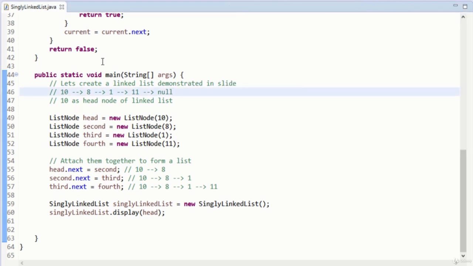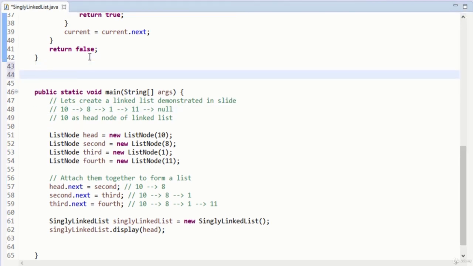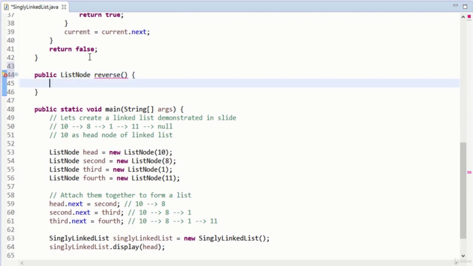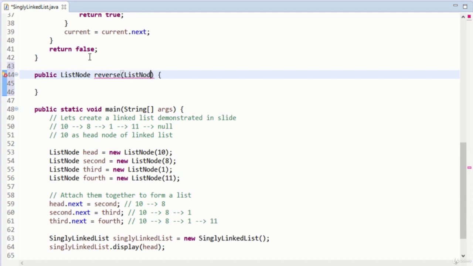In order to reverse the singly linked list, we'll create a method whose return type is ListNode, and we'll give the method name as reverse. This reverse method will take the head of the singly linked list, so we'll say ListNode head.